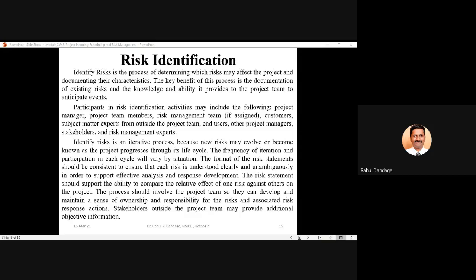how much they are affecting the other risk categories. The process should involve the project team so that they can develop and maintain a sense of ownership and responsibility for the risk and associated risk response actions.